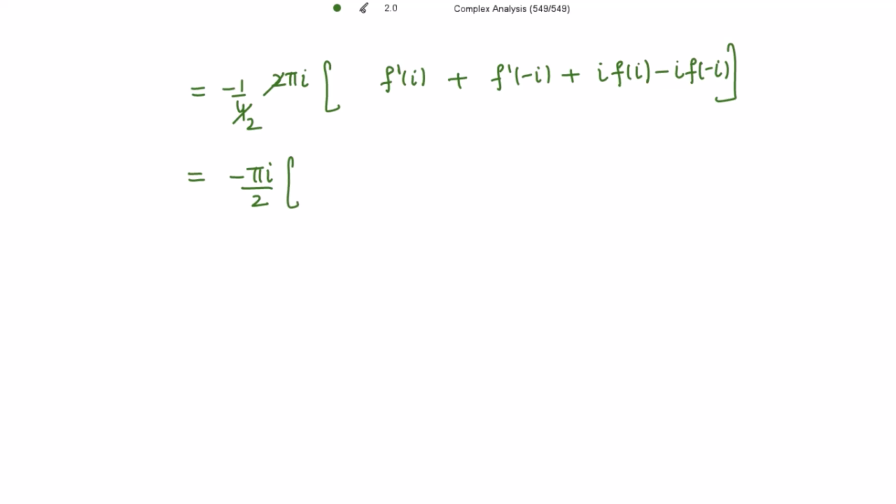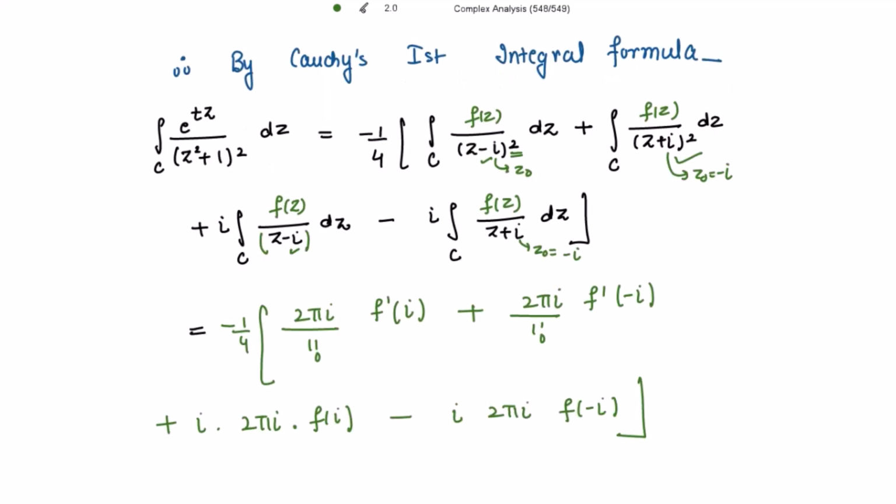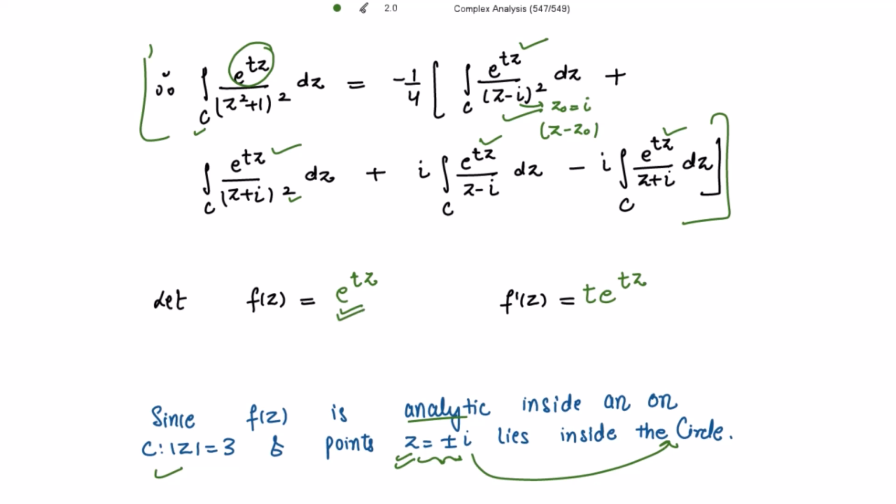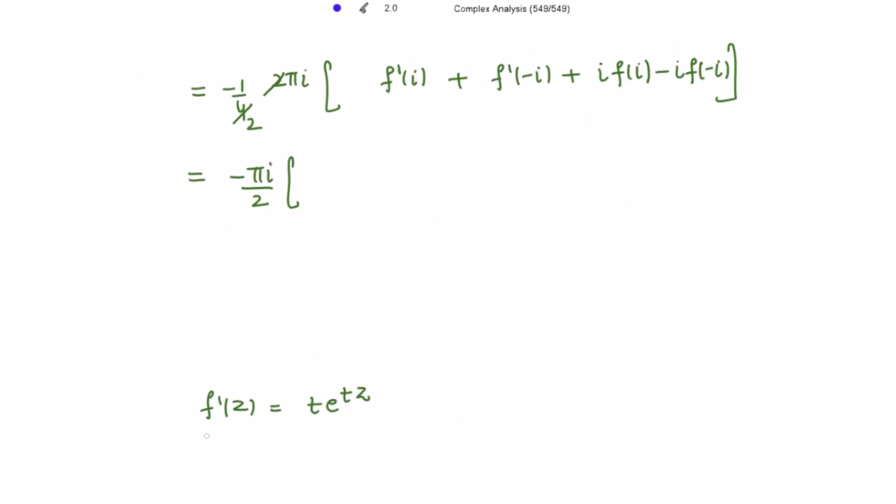Okay, what is f dash iota? I'm having f of z to be equal to e to the power tz. F dash is t into e to the power tz. What is f dash iota then? Just replace z with iota. It is t into e to the power iota t, plus f dash negative iota. So we have negative sign over here now. So this is t into e to the power minus iota t, plus